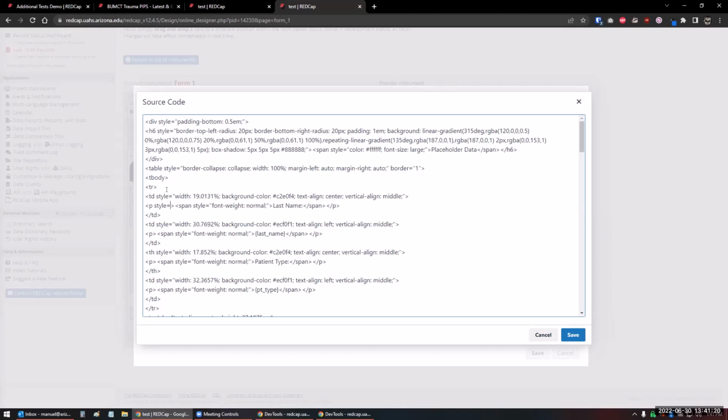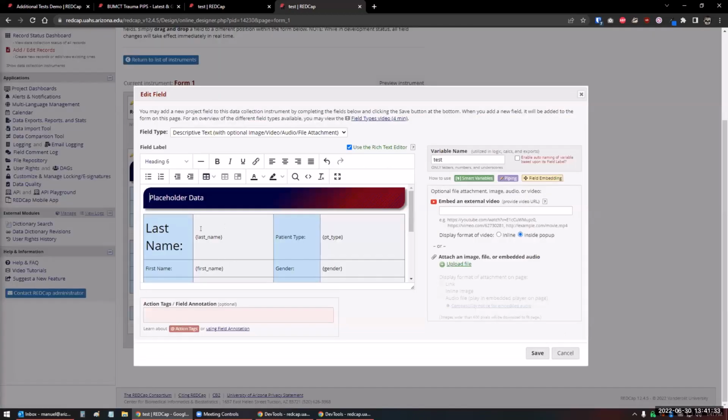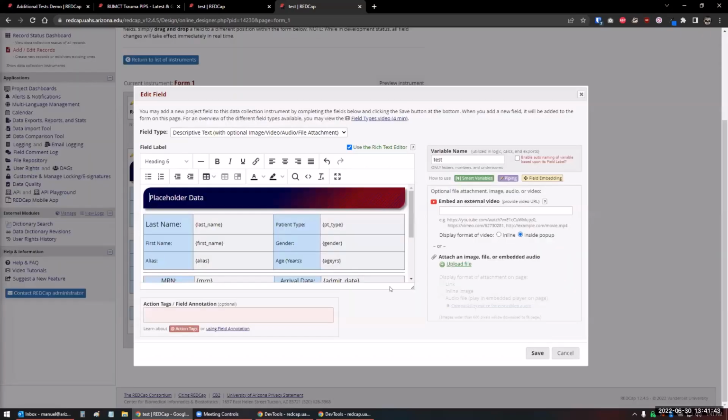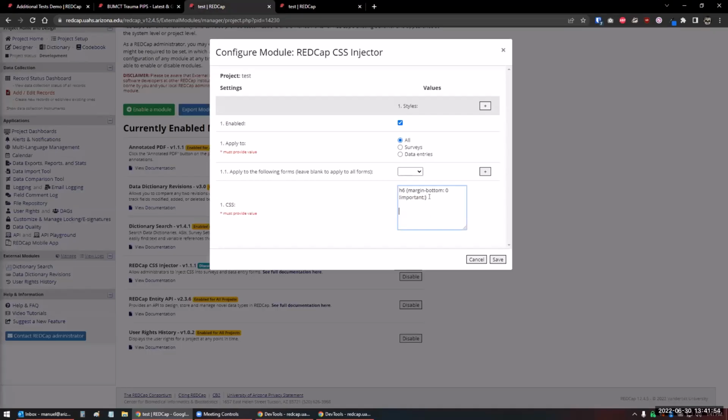larger. So you would say font-size, that kind of thing. Or you could do like 18 pixels. The only problem with that is you would have to do it for every one of these. But if that's a rule you want, you could just do that here. So if I said p tags would be